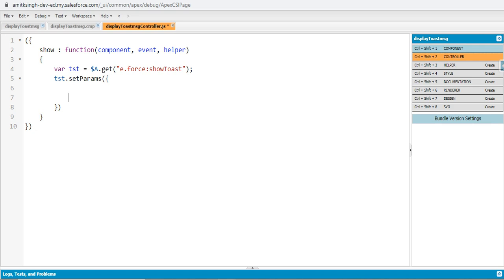So the first parameter will be title colon, in single quotes. Let's say the title name should be my first toast message, comma, and after it we have to define message colon, single quotes. What message should I display?